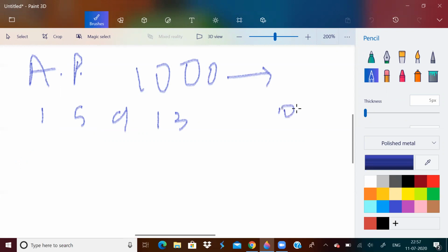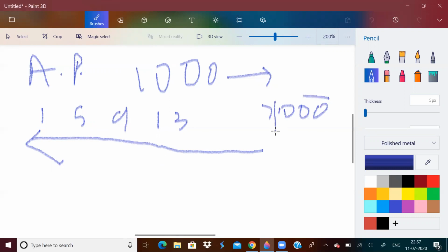As soon as it becomes more than that, print the reverse AP. So your job will be done. You can do this also. Keep printing an arithmetic progression, and when the value exceeds 1000, print in reverse. Or one more thing you can do is, as soon as the value exceeds 1000, just keep printing 999.